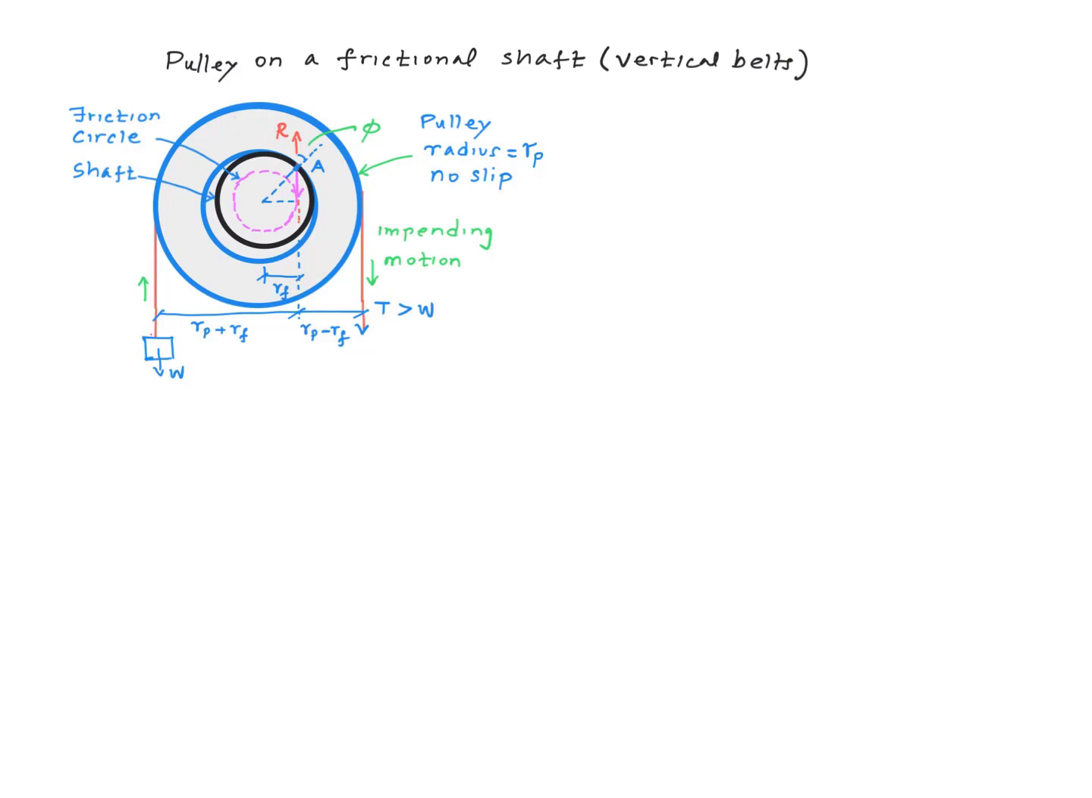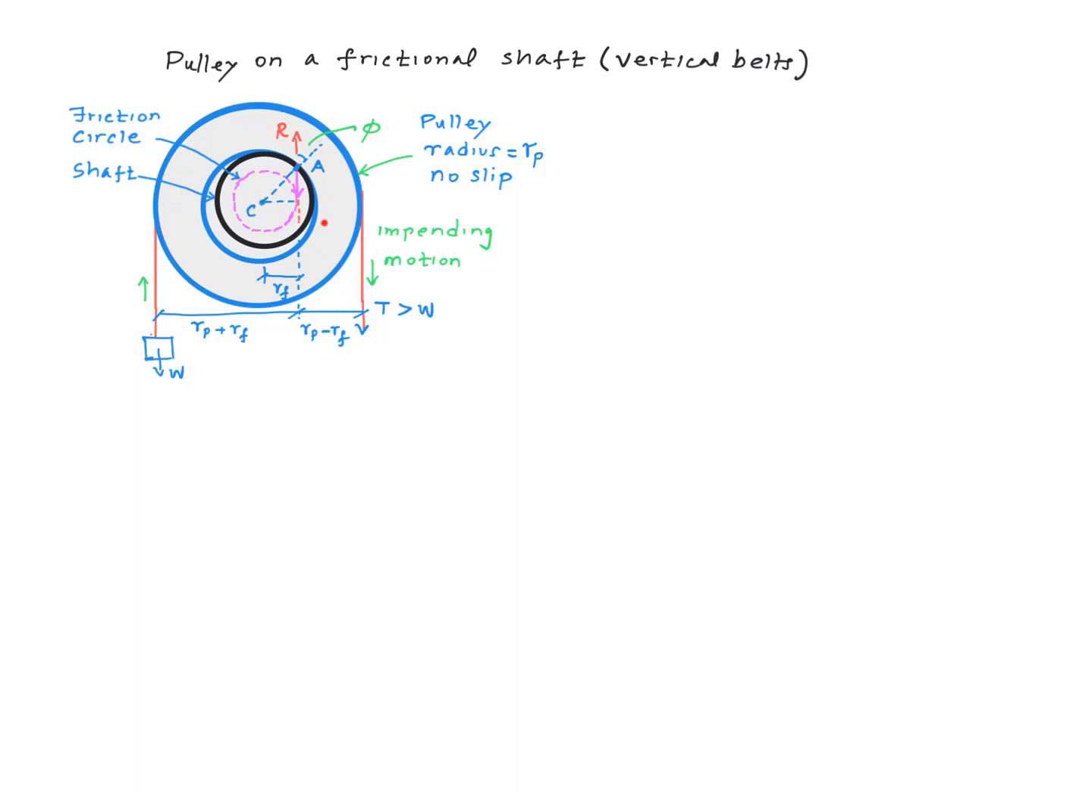It's going to be in that direction, right? And therefore T has to be greater than W. In other words, T will be equal to W plus the frictional force on the pulley, and therefore T will be greater than W. If that is the case, if I were to take a moment about point C